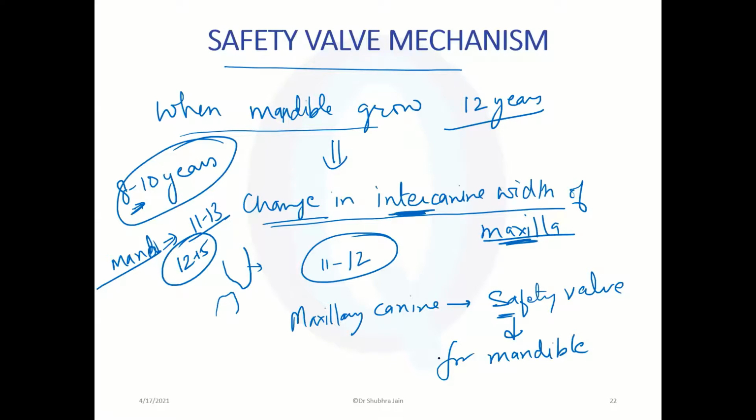Dr. Renuka has asked how intercanine width prevents excessive growth of the mandible. It is not preventing the excessive growth of the mandible; it is just guiding the growth. You cannot actually prevent growth. Ma'am, what if the safety wall mechanism fails? Then the mandible will grow more and it will turn into class 3. But not every case turns into class 3. The maxillary intercanine width tries to control the growth of the mandible.